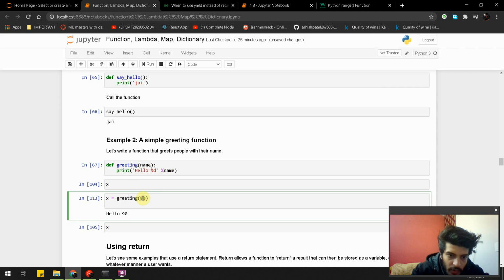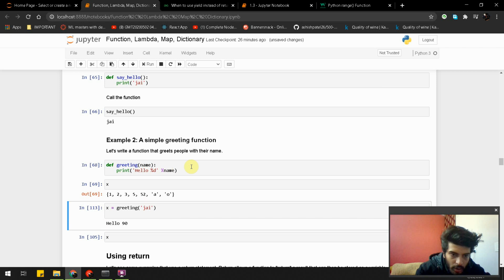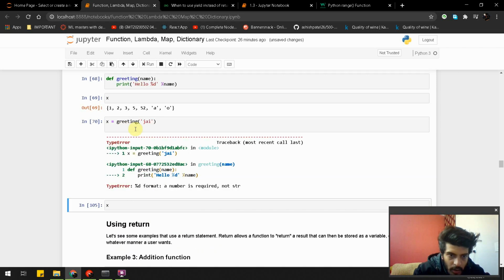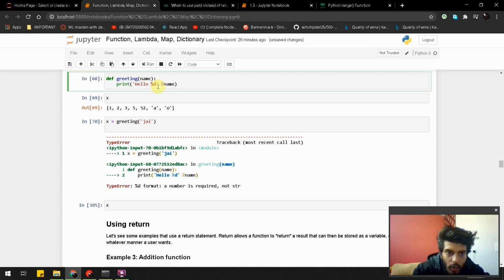But let me change it first, I will change it with jar. It is the same, so I will put it in quotes. So okay, and the format number is required, not a string. Okay, this is actually an integer, so it will not take it.